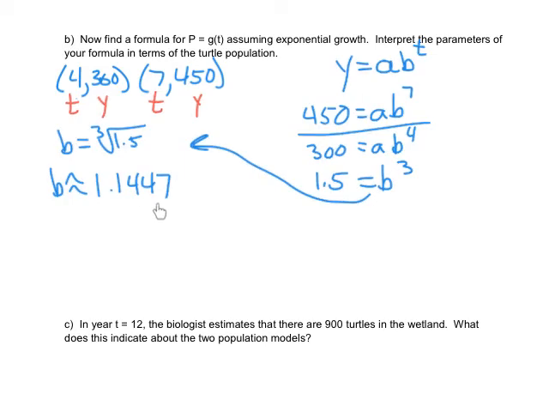That's my growth factor, so this should start making sense. I typically have a growth factor greater than 1 if something is increasing. So this turtle population is increasing, so this should make sense. My growth factor is 1.14. My growth rate would be this part, about 14.5%. So there's b. Now you have to go back and substitute in to find a value for a. I choose an equation. If I chose 300 is equal to a times 1.1447 raised to the 4th power, all I have to do is divide 300 by that value, and I get a is approximately equal to